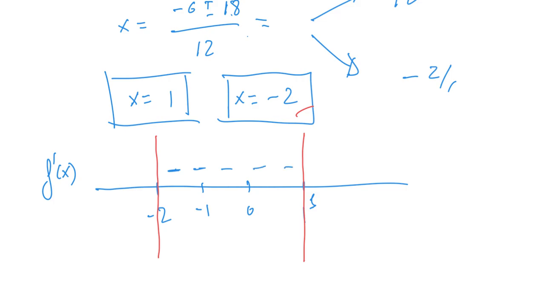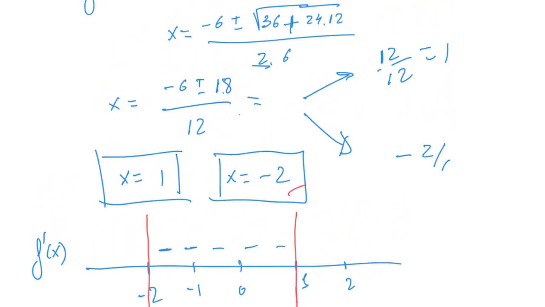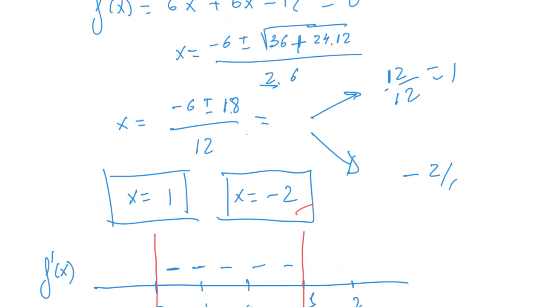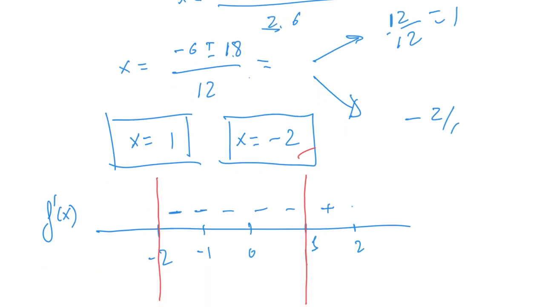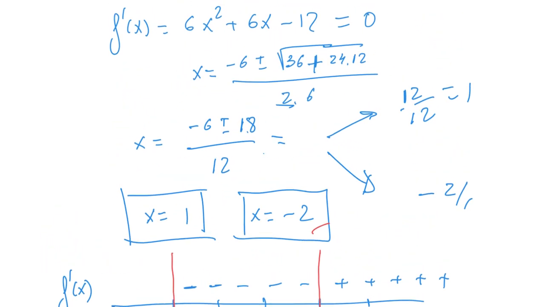So I will plug in the point 2 to see in this interval from 1 to infinity if it's positive or negative. If I plug in 2, 6 by 2 squared is 4, 24 plus is positive. If I plug in minus 3